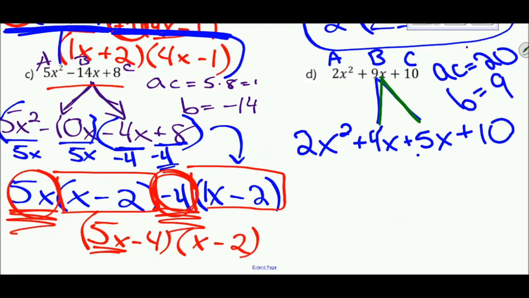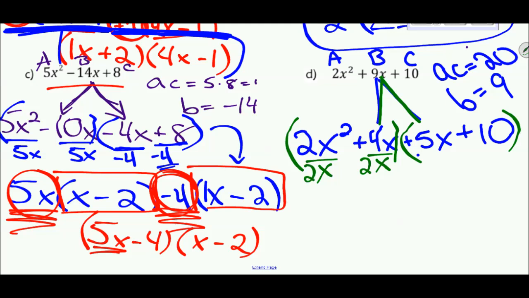Everybody else put your hands up. Brian, what do I do next? Okay, I'm going to group them, and then what do I do with this first group? What can I factor out of that group? A little bit more. You're right, there's an x in there. So